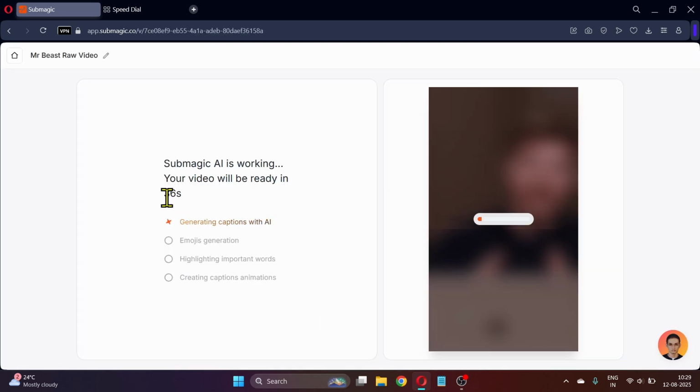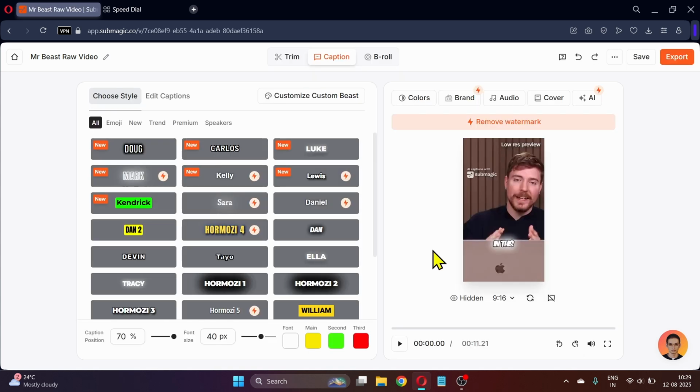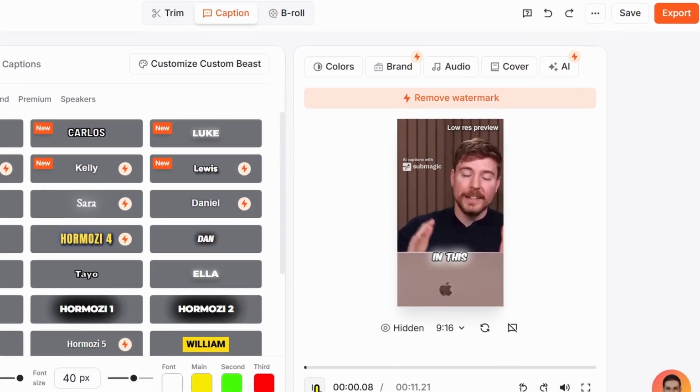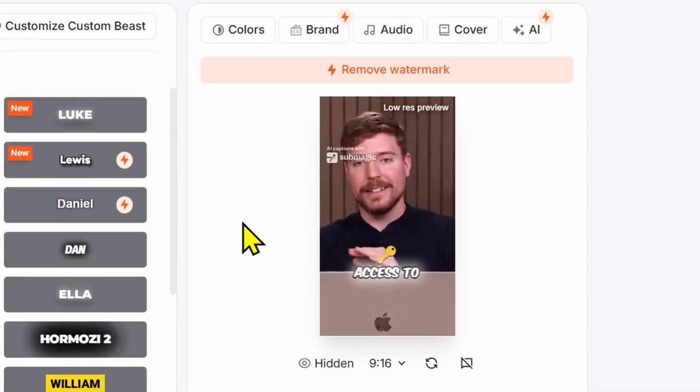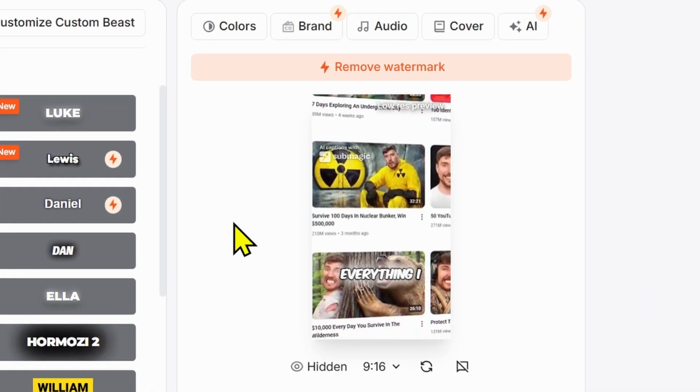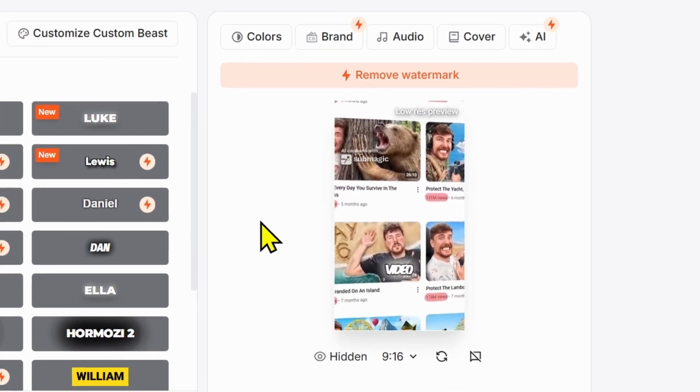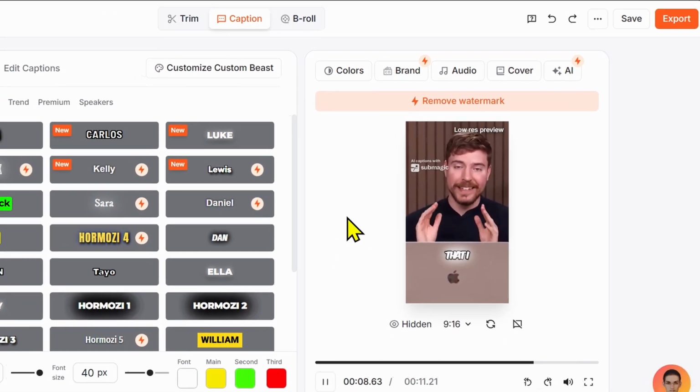You can see that our captions will be ready in about 30 seconds and the AI is right now performing these steps. It is generating captions, then it will generate emojis, then highlight important words and then animate the captions. If you try doing this manually, it will easily take you about an hour or so. When it is done, you will see your video loaded with captions. You can play your video once to see the captions, and for most cases, you can say that this video is almost ready for upload,